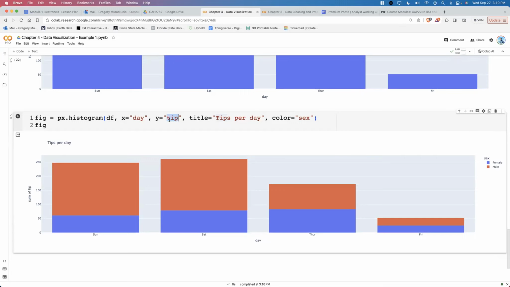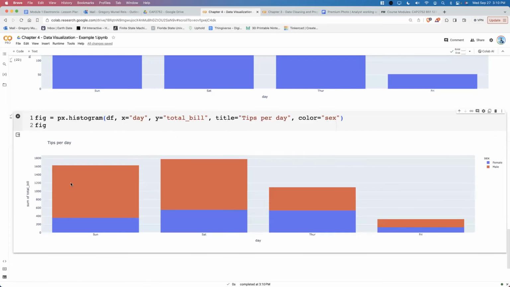Instead of the tip, you can put the total bill, right, as the y-axis. So you'll see here the sum of the total bill represented across different days, and you can see it for different categories, for example, male and female. Okay,